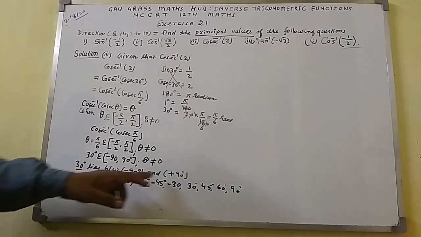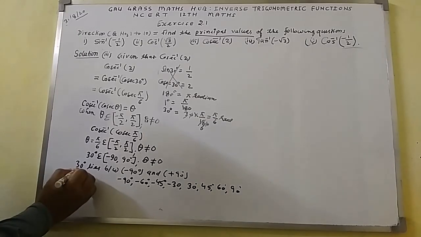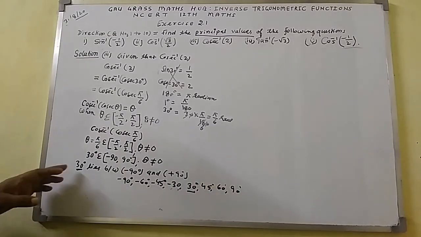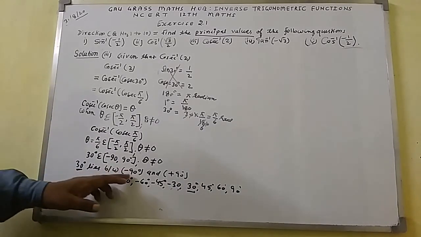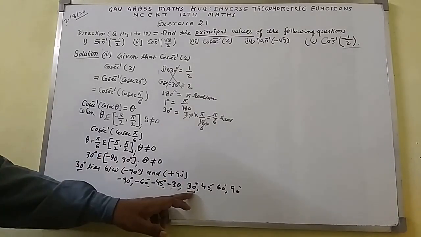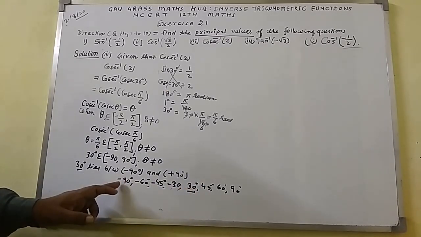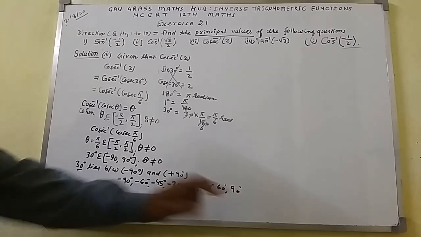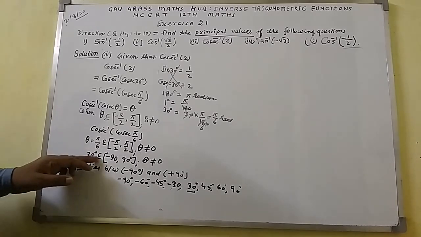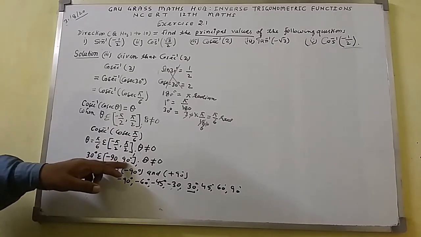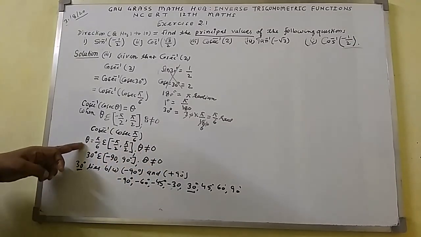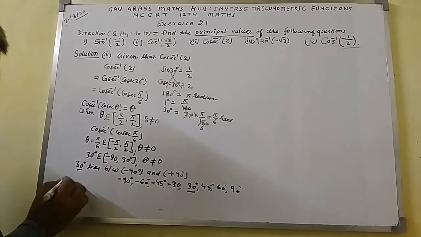between minus 90 degree and plus 90 degree. You can see here 30 degree is lying between minus 90 degree and plus 90 degree. So this is the statement. This statement is true. This means that 30 degree belongs to closed interval minus 90 degree, plus 90 degree closed interval, theta is not equal to 0. This statement is true.